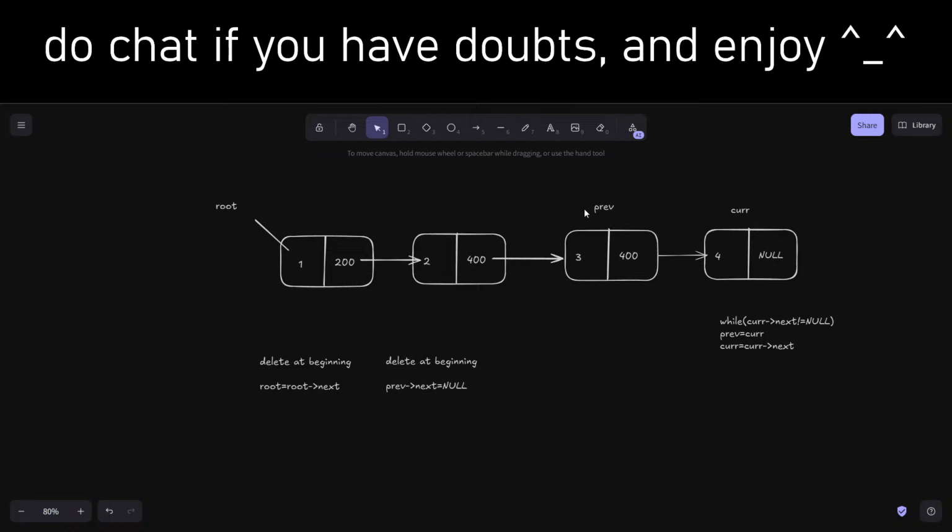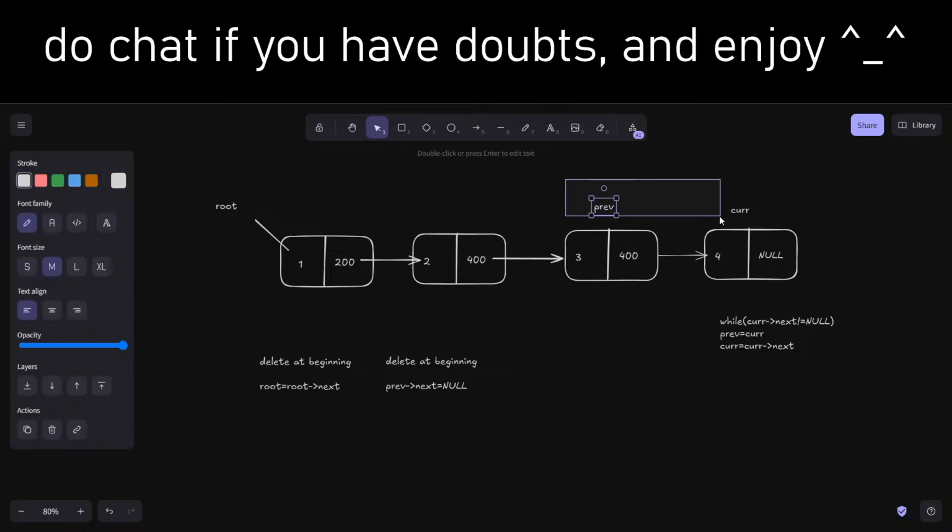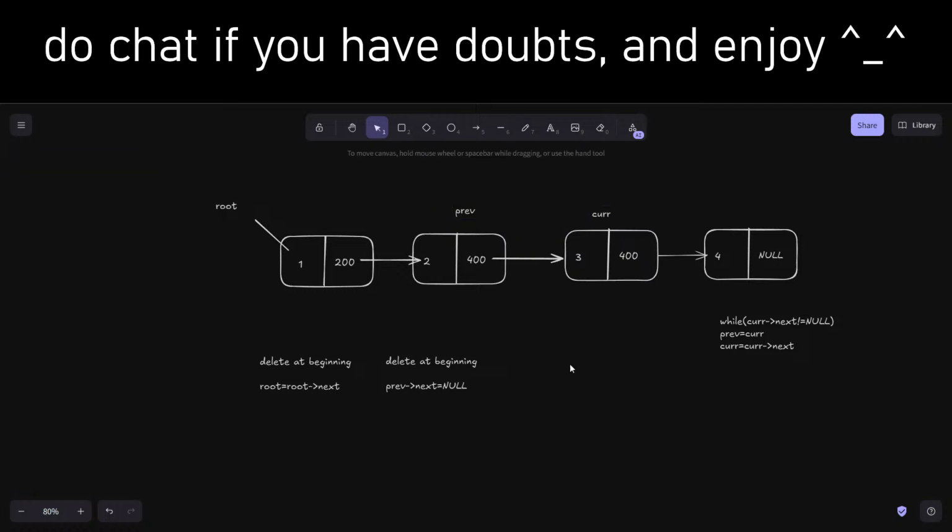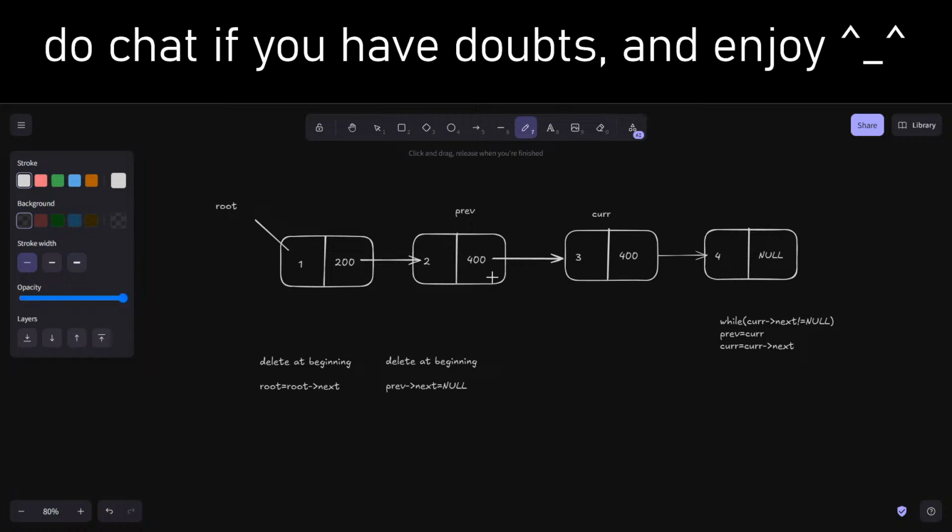Now, if I want to delete, let's say 2. So what, let's say I want to delete 3. So what I'll do is bring 3 to be the current and the earlier one to be previous. That's it. Now, I have to point this to this. Like, my whole idea is to point this to this. Right. So one easy thing we can do,